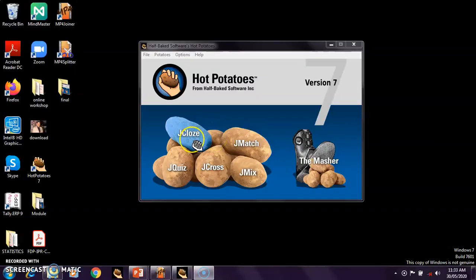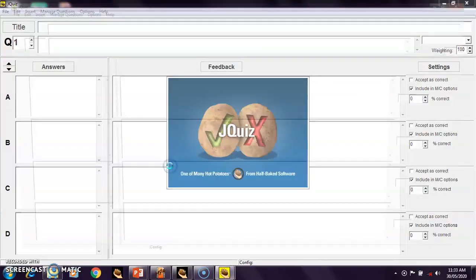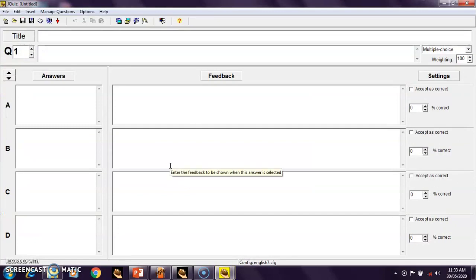See, these potatoes are all of different colors, right? Let's start with this yellow potato, that is JQuiz. So after clicking this JQuiz,